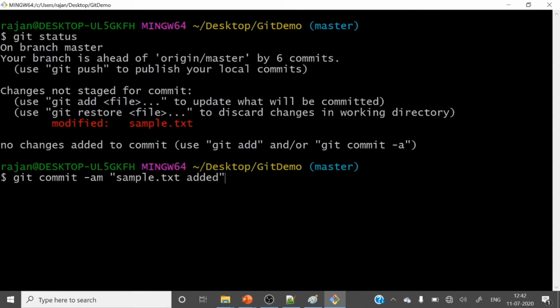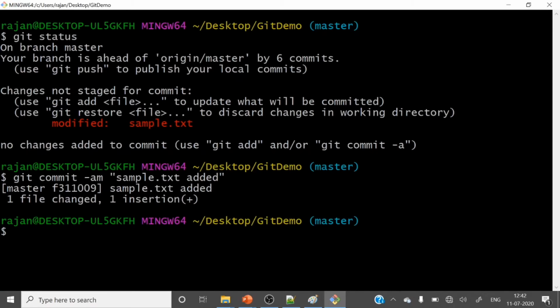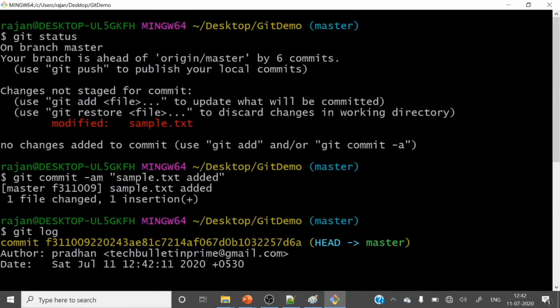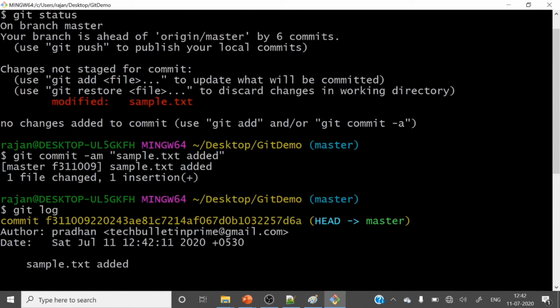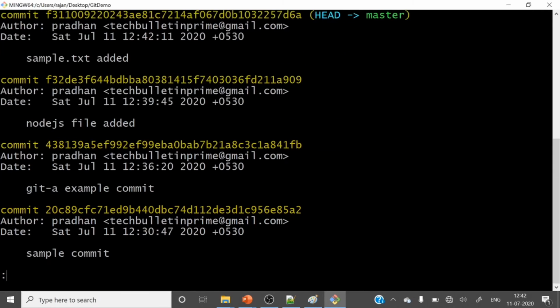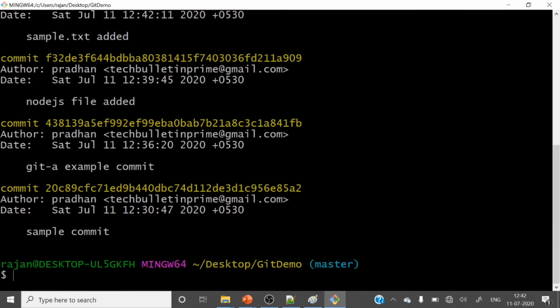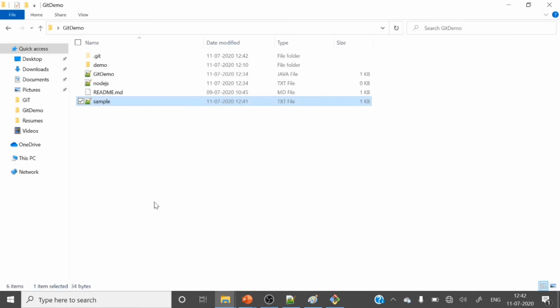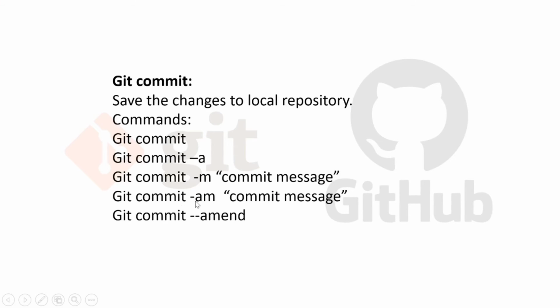Let's see, it's committed. So let me type git log to see the commit message. Sample.txt added, right? So we got this commit message with commit ID and author and date. Let me quit this one. Hope you got clear with this commit -am.